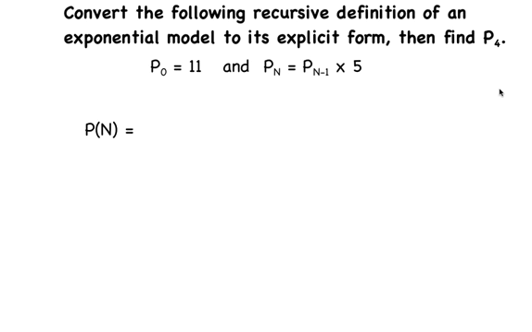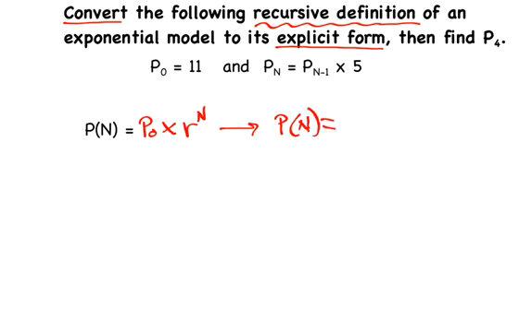Here we're just asked to convert a recursive definition so that we can have an explicit form of the model, and then we want to find P4. So the formula was P0 times the growth rate to the nth power. So for this example, we can say that P of n is equal to 11 times 5 to the nth power. And then when we were asked to find P of 4,